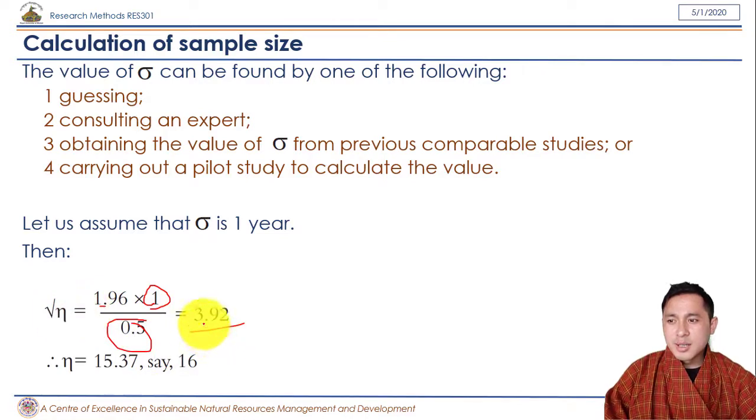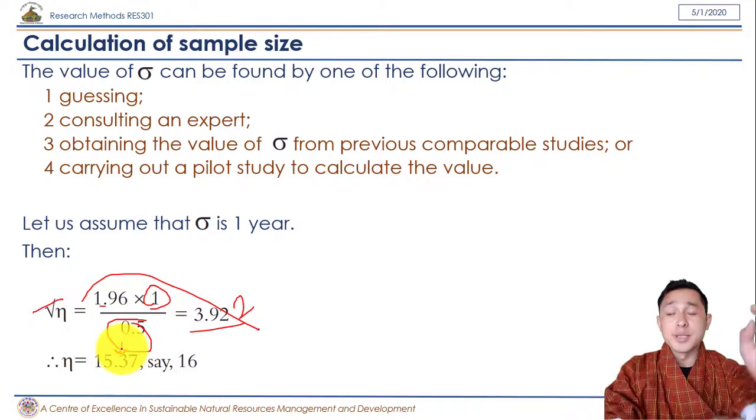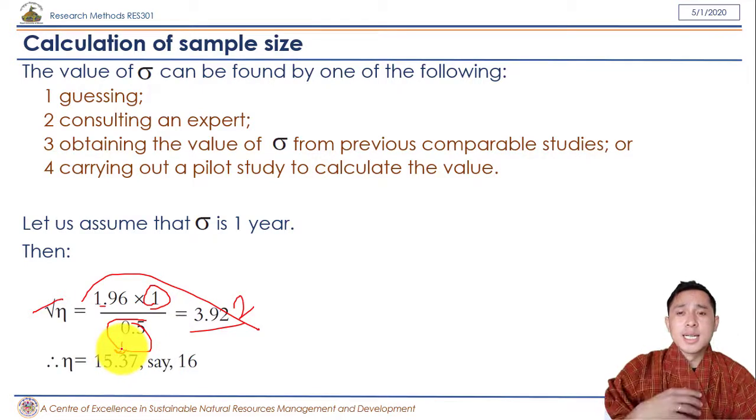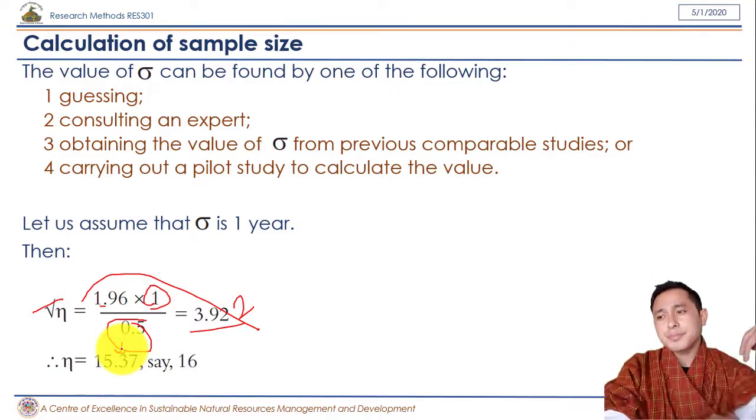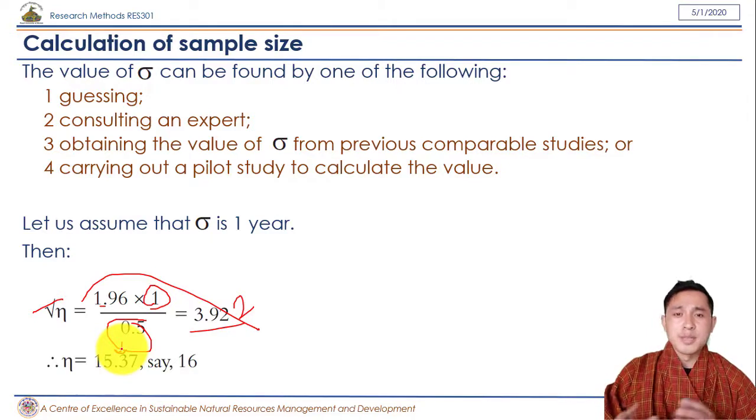So if we got 3.92, then I have to cancel this one by taking square over here. So square of 3.92 is basically 15.37. So if you're looking at some definite population, then you may want to round it off to either 16 or keep it to 14, because people or respondents cannot be in decimals. So I can take 16 in order to have my study through 95 confidence interval and a margin of error